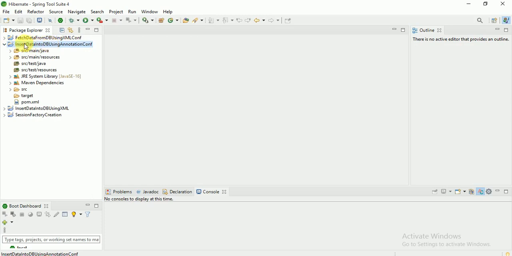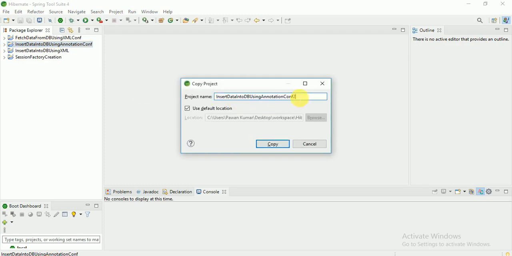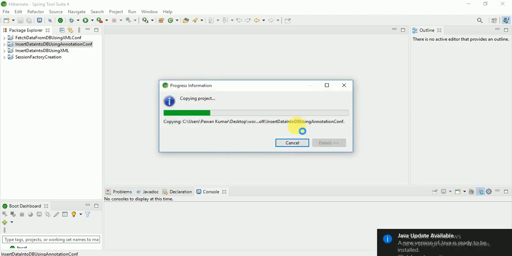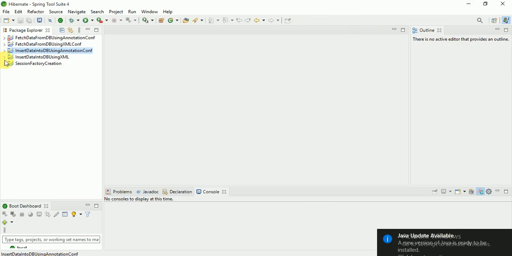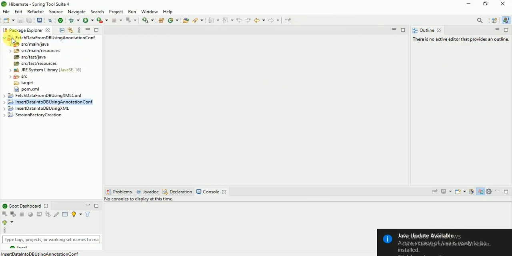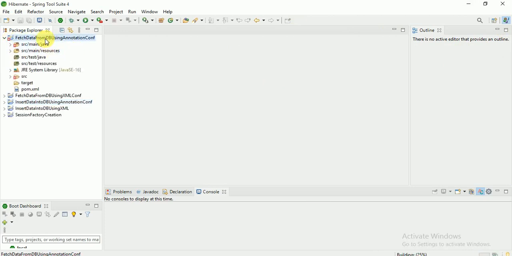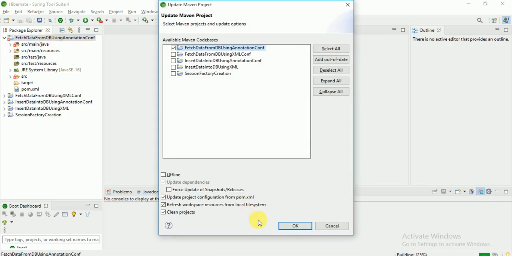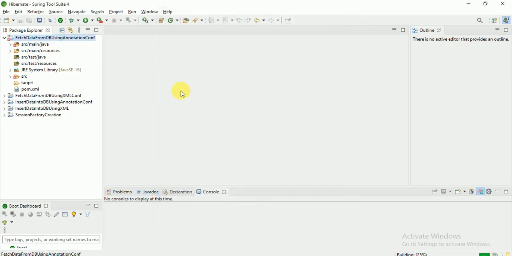I am going to copy it, paste it here, and give it the name fetch data from database using annotation. Then just expand it, and I'll explain each and every class and every line.